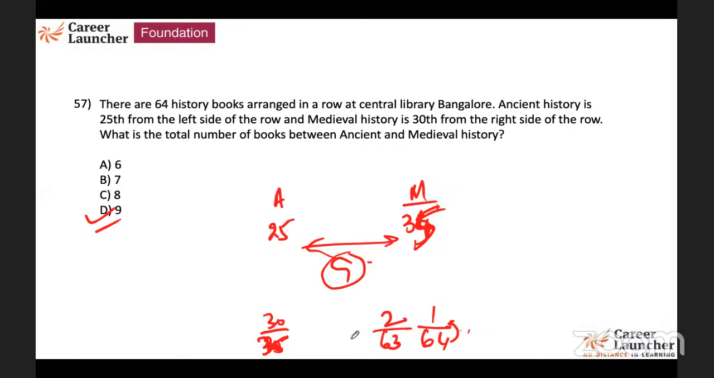Second book, 64 minus 2. The third book will be 62. 64 minus 2 it will be. So if you want the 34th book, it will be 64 minus